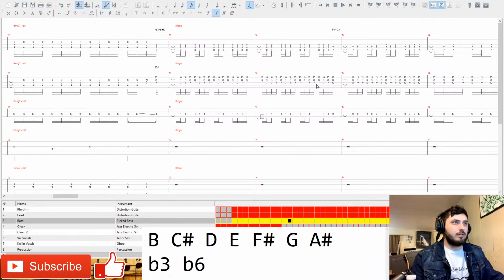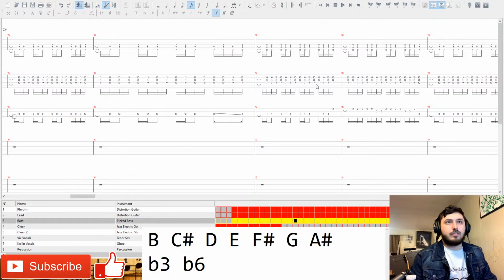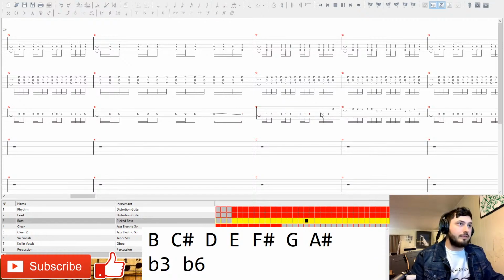Out of tune? No. But it changes a little. It jumps up to the 12th fret, which is just the same note an octave up. So it adds movement without changing anything really. And then I guess it does a slide back to the bottom. Then it does this cool run.